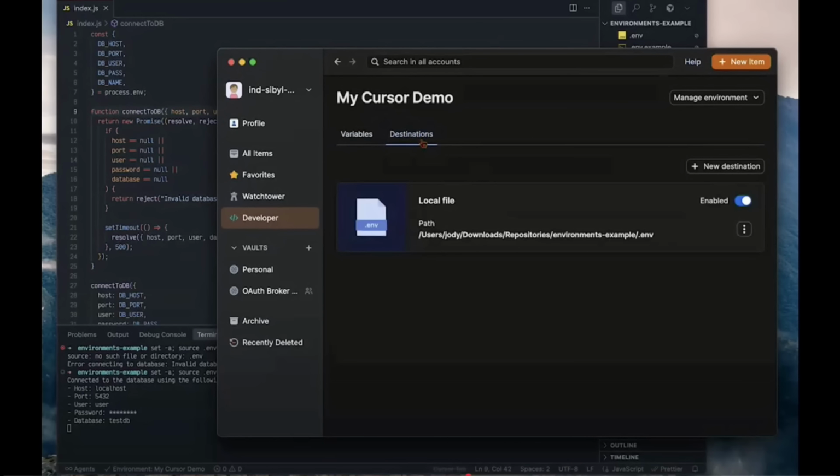But what's happening is the destination is actually that directory which stored the environment file. Now that file sitting on the local directory is just a FIFO file, so it's actually connected back to the file that's mounted in 1Password. That file on disk is now linked to the 1Password file. In that way, you're not going to accidentally check it in to Git, and it's also now secure, right?